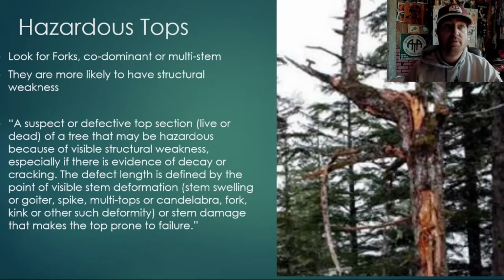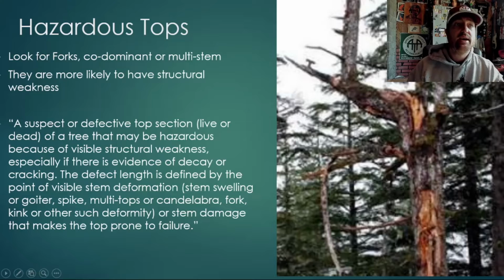Here's a blurry picture of a hazardous top that my face is sort of over. You've got this sort of fork in the trees, and it's a multi-stem, several stems of the tree. Maybe one has a chance to break off. They have structural weaknesses because of the nature. A tree likes to be tall and straight. That's what it is. A suspect or defective top section of a tree that may be hazardous because of a